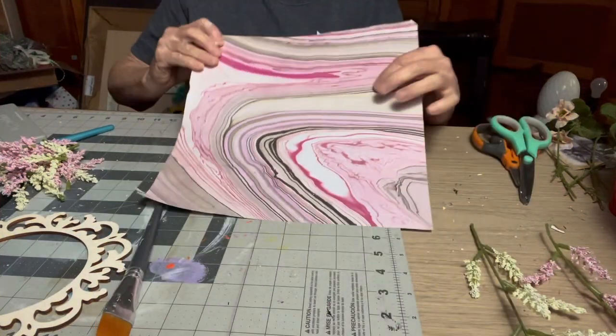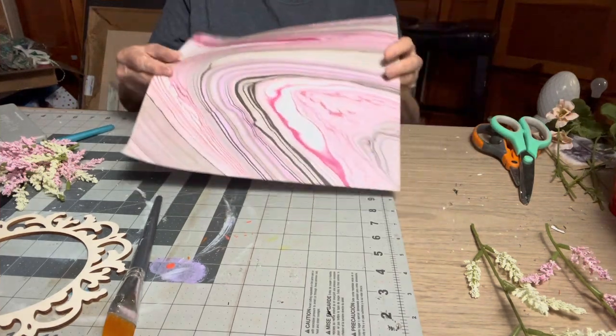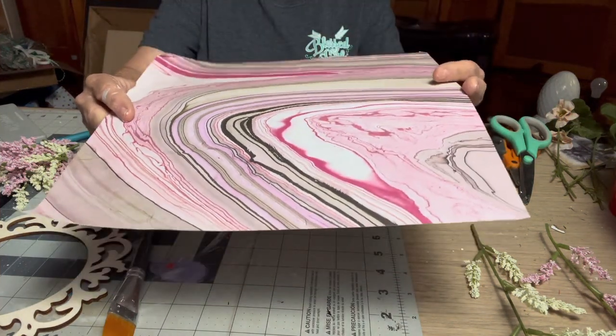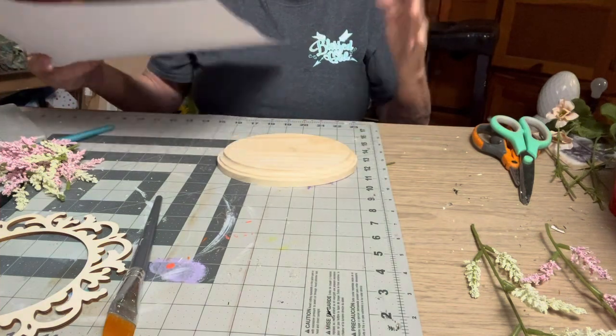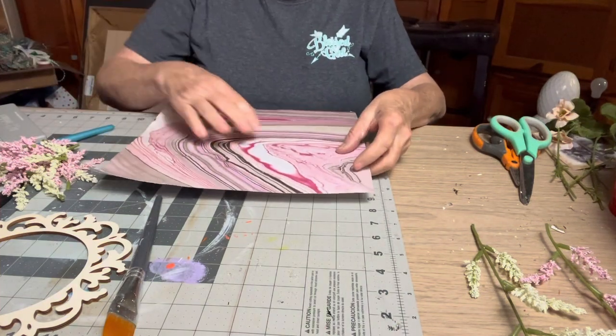Today we are going to make a cute shelf sitter. We're going to take this piece of scrapbook paper and lay it wherever you want. Just on this top part is what we're going to cover. And I like